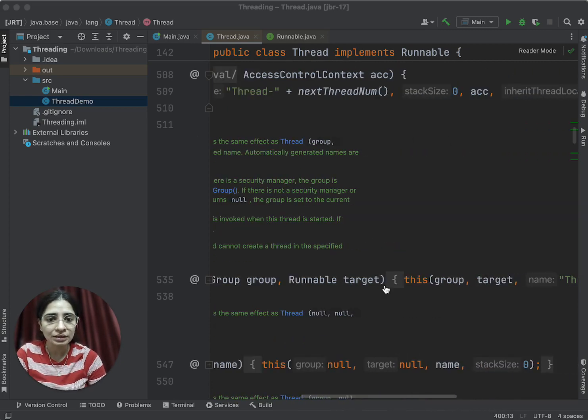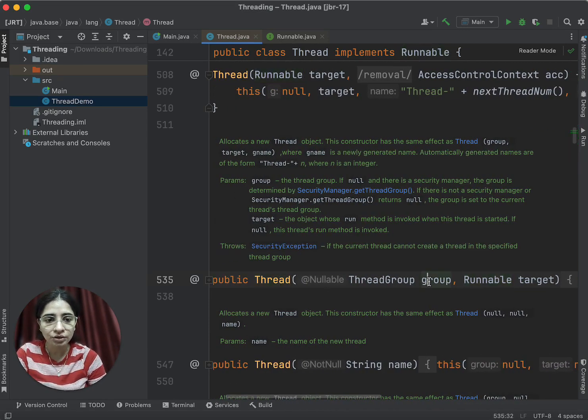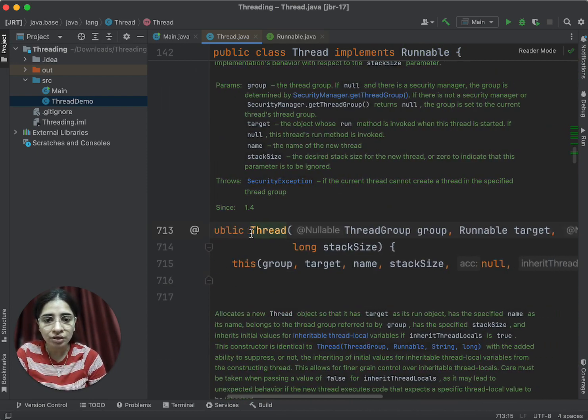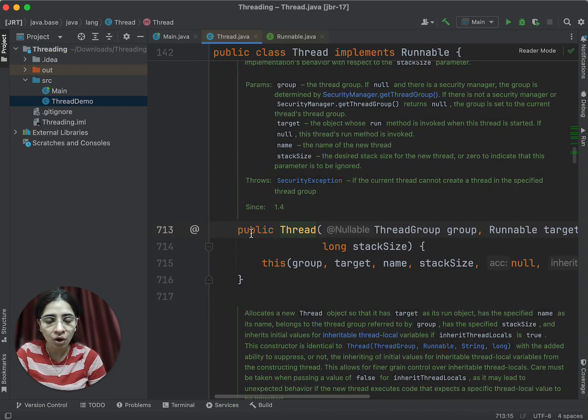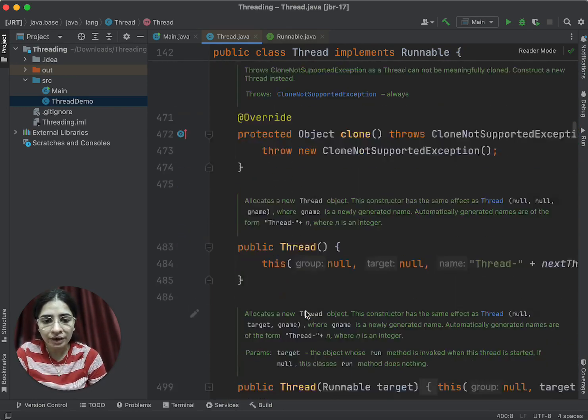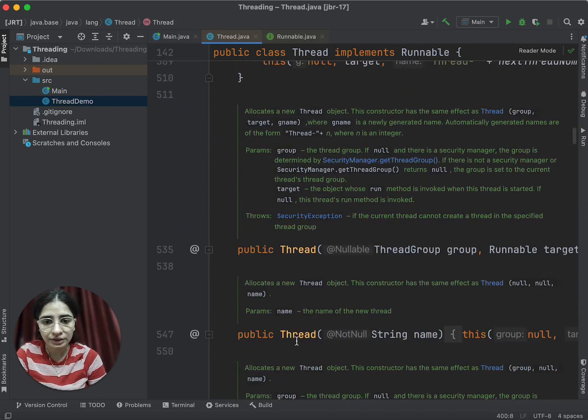You can see this constructor which is taking the group and the target. If I click on this constructor, it is again calling one more constructor, which is the private constructor. Now let's see one more constructor. This is my constructor in which I'm only passing the thread name.